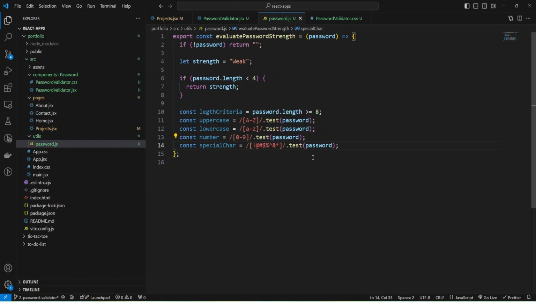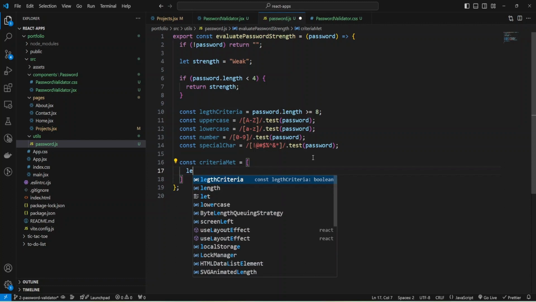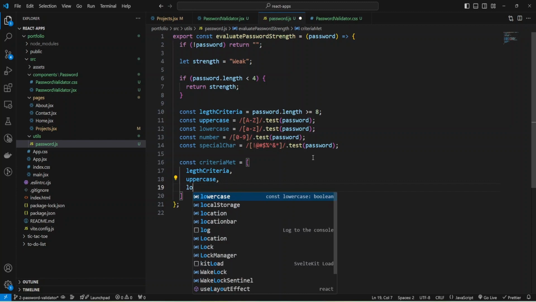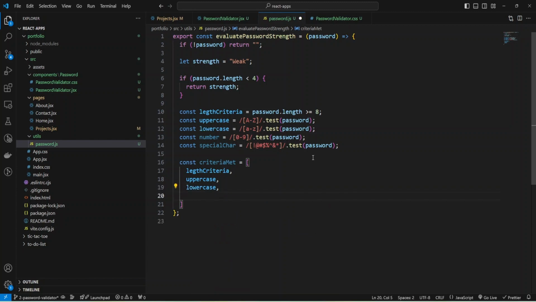I think it will be enough. And now I can check my length of some of criteria. And for that, I'm going to use array criteria met and check if we have a length or uppercase or lowercase or number or special char number.